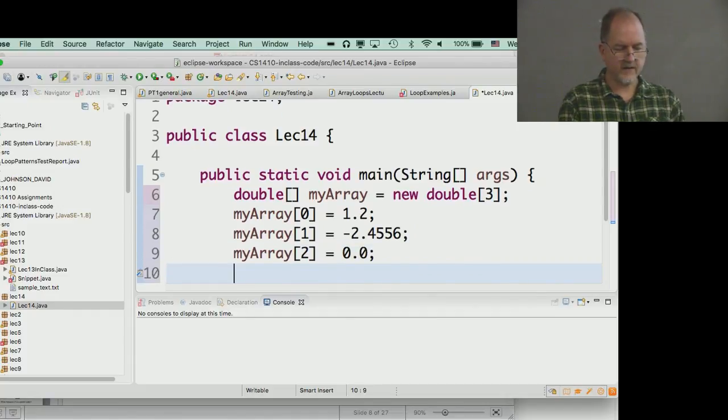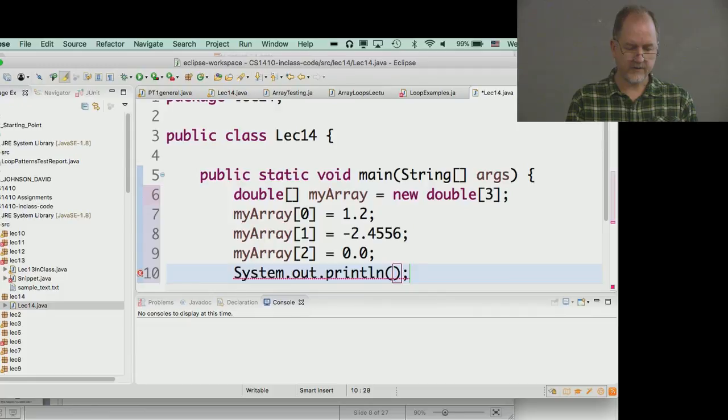Now, again, normally on the left-hand side of an assignment, we're used to seeing a variable name. In this case, we're seeing the array variable name, but we're getting a specific item or specific location using this indexing operation. In other words, give me the element at this spot. If I wanted to look at one of those values, I can use the same kind of notation. So my array 0 is